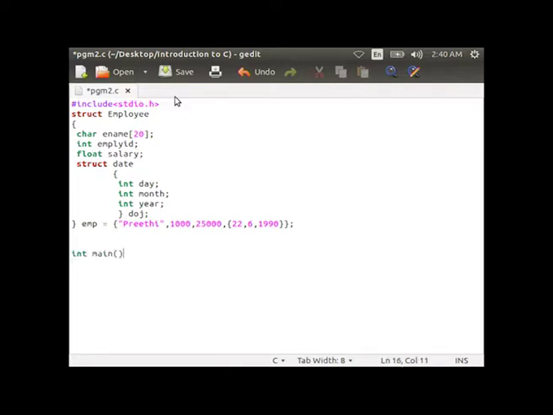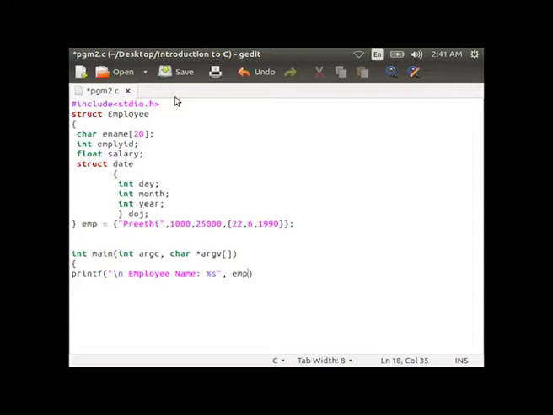Then you start the main function, int main, then put the arguments int argc, char *argv[], then close the parenthesis.